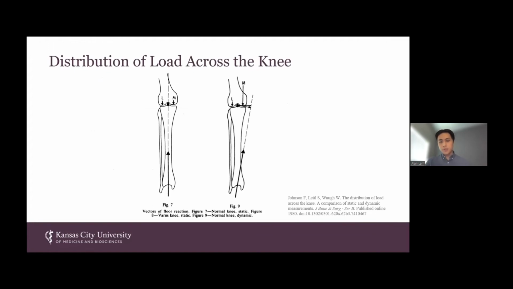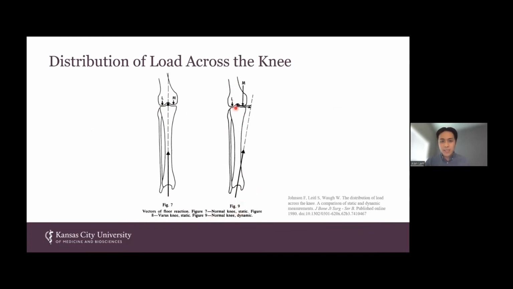But this is from Dr. Johnson's study on looking at the distribution of load across the knee. You can see in the first figure here, in just a static standing position, in a normally aligned knee, you may have equal distribution of forces between the medial and lateral compartment. But when you are in a dynamic gait position, so anything other than standing still, even when you have